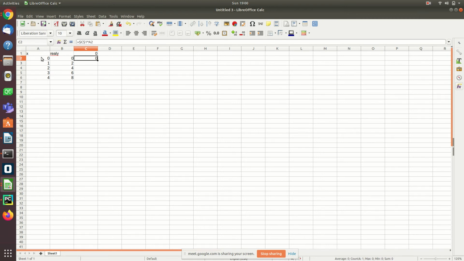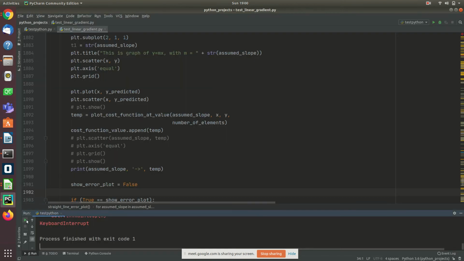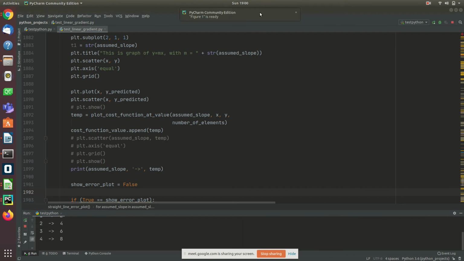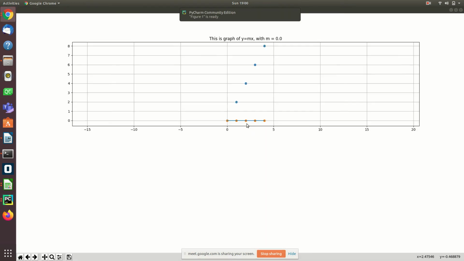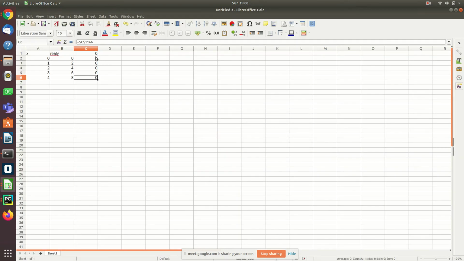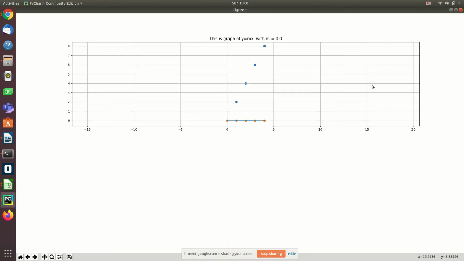This keeps c constant. So this 0 0 0 0 0 corresponds to, again I will run, this is very important, so try to be attentive. This 0 0 0 0 represents this. If I make m equal to 0.2, then 0.2, 0.4, 0.6, 0.8, because this is 1, okay.